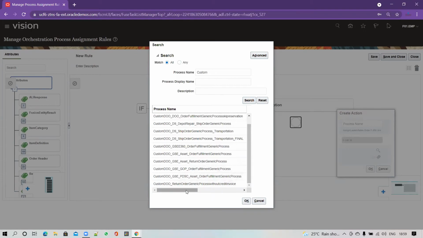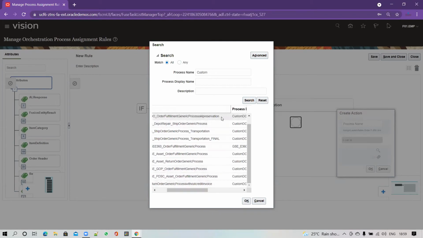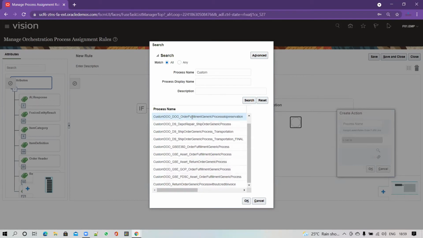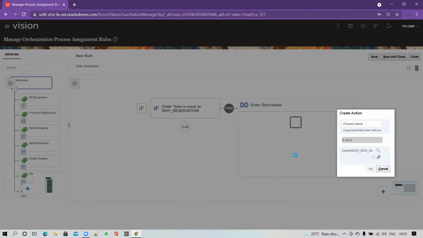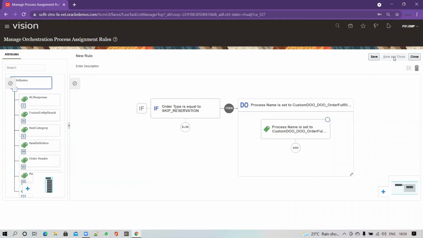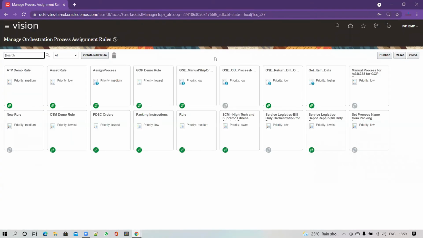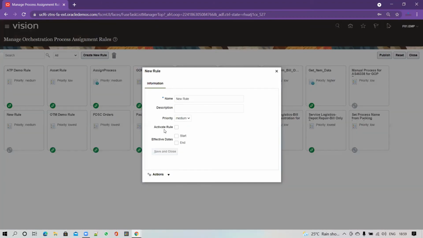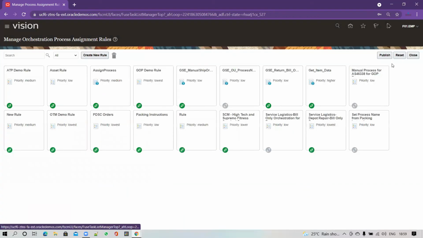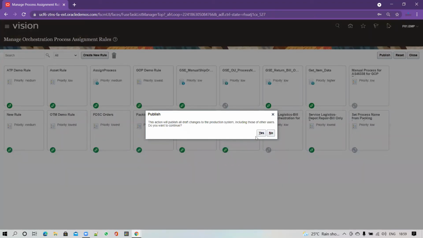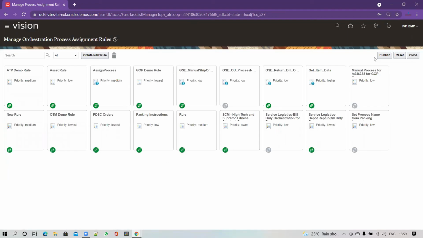Once you define the rule, you can set up the rule name and the rule description for your identification. After that, you have to activate it. Without the activation, this rule won't impact the orchestration. Once you have activated it, you have to make sure to publish the rule so that it is deployed successfully and the rule will be available. So against the order type, for any order, the particular orchestration will get defaulted at the fulfillment line level. So I have published it and I have completed this setup part.